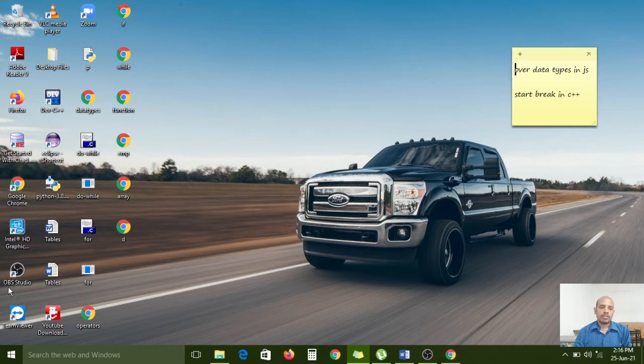Google Chrome, OBS Studio, TeamViewer, YouTube downloader, VLC player, Recycle Bin, Adobe Reader, Firefox, Zoom: these are all objects. Each and everything is called an object, because we use each object as per our requirement.